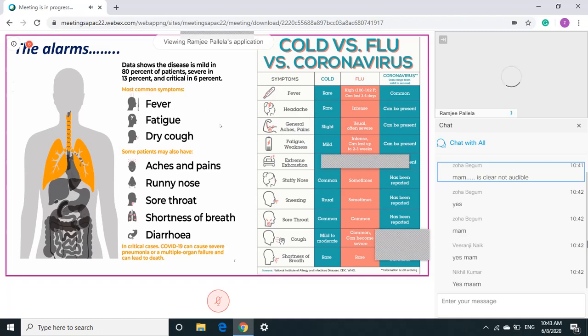But how will you differentiate whether it is a flu or a COVID virus? Okay, what happens is in flu there will be more of fever that can last for 2 to 4 days, and it is very common in coronavirus. In the case of